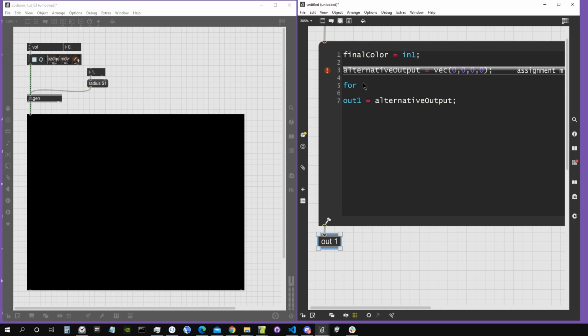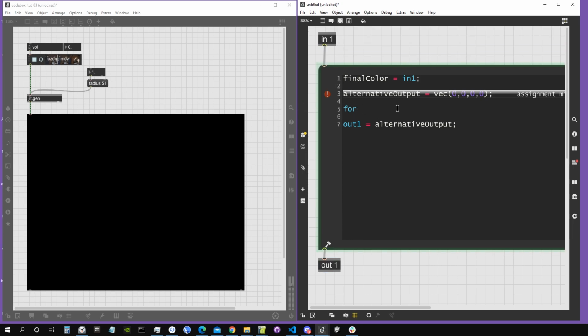To create a for loop in most programming languages, including Gen, it works like this. We write for, we open parentheses, and now in Gen we don't have to write the type of the variables, so we will just create a variable, call it i, for example. This is a common name for the loop variable. And we say i is equal to 0, so we start by initializing this variable with a number, let's say 0. Then we say until i is less than a certain number, for example 3,